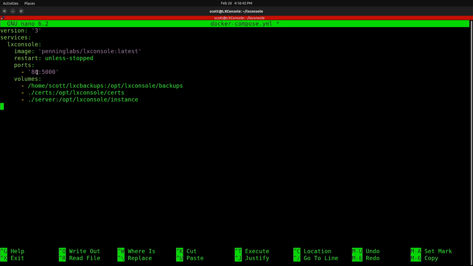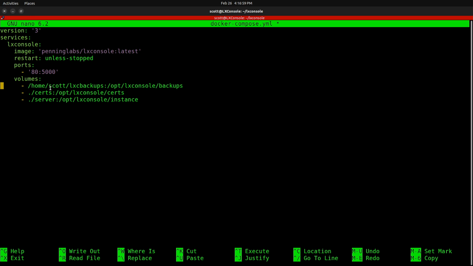And then we have the port numbers here, and I think what I'm going to do is go ahead and change this. Well, I'll leave this port number at 80. That sounds pretty good, since this container is dedicated to us, we know that we don't have anything else using